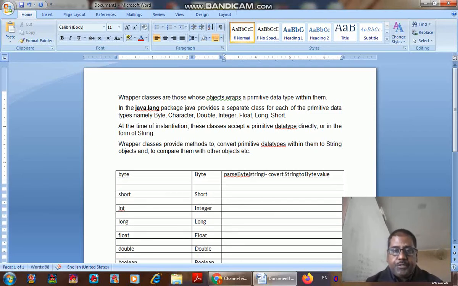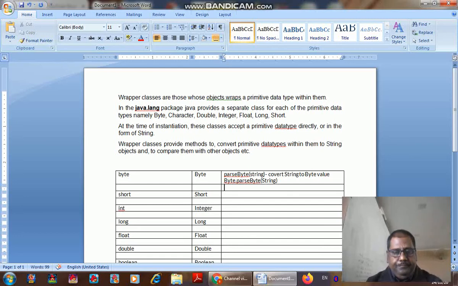If we are using it completely, we will write Byte.parseByte, and within the brackets I will pass a string value. The string value that we pass as a parameter will be converted into a byte value.